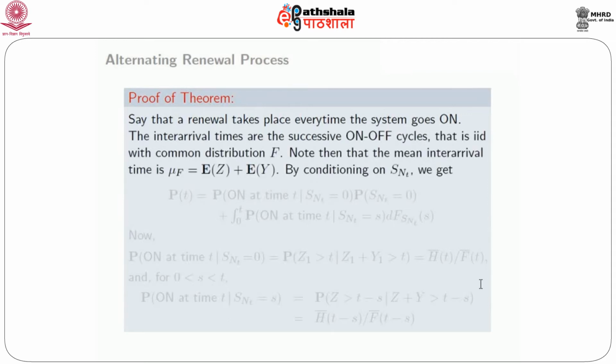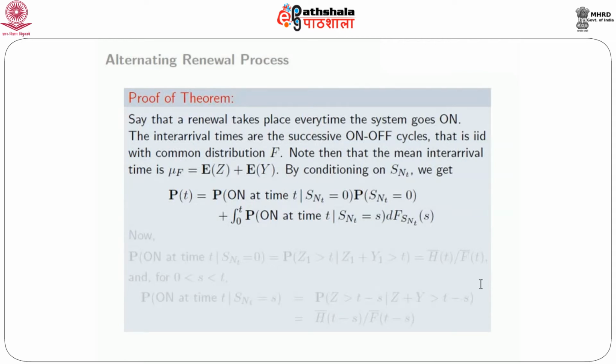The interarrival times are successive on-off cycles, as I said. That is therefore IID with common distribution F. And note then that the mean interarrival time is mu sub F, which is the expectation of Z plus the expectation of Y. By conditioning on SNT, we get p(t), that is the probability on at time t, would be